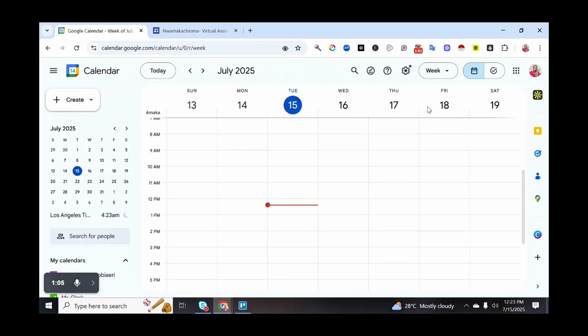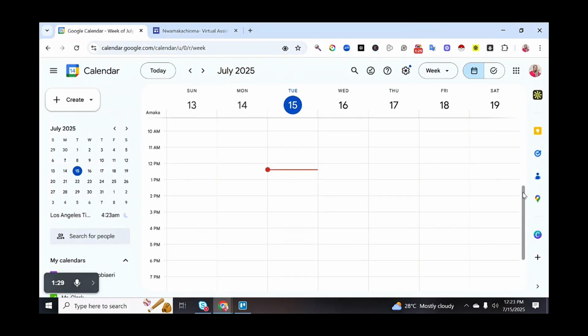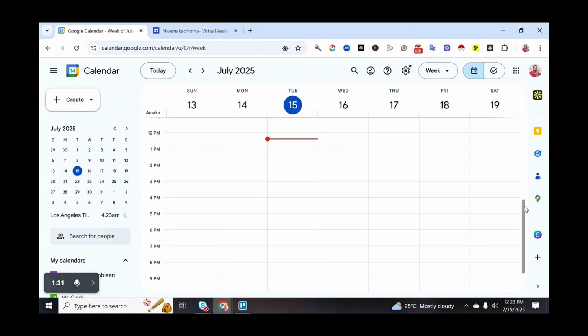Now, the next thing is how to create a calendar. Remember, you can have multiple calendars within your own calendar. You can have a birthday calendar for family and friends. You can have a calendar if you're working with different clients, or if you're handling multiple projects, you can have different calendars. And in our previous video, I showed us how to create multiple calendars. But because of our new people who just joined us recently, I would like to also show us how